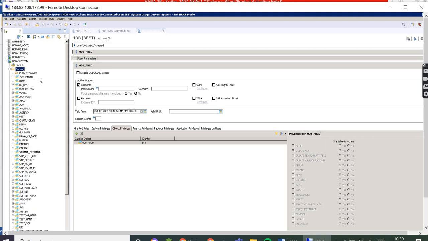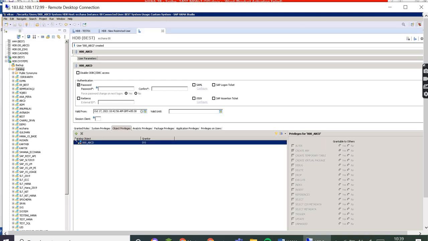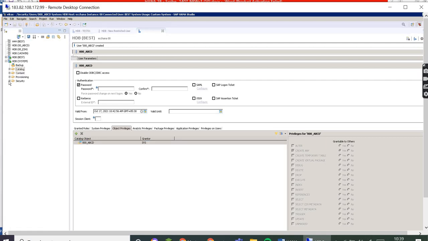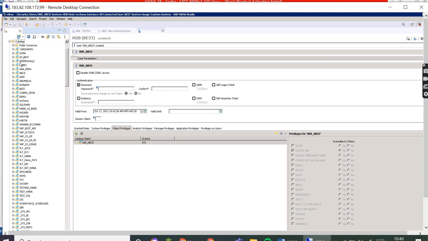Okay, it is not showing. I don't know why, but ideally it is showing. But here, if you see, it has the schema access. So this is nothing but the schema. Whenever we are creating any user, the same name schema will be visible here. So if you log in with his ID, you can find this ID also within his ID. If you log in as a user 00_ABCD, you can find one folder like here, the schema. You can have the access for that schema.